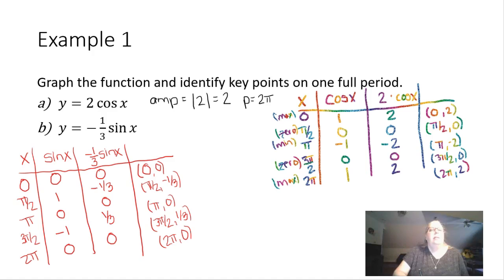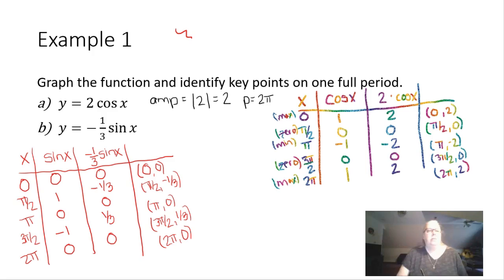All right, and let's see. I would love to make this a little bit thicker. That's better. All right, let's go over to the graph paper,